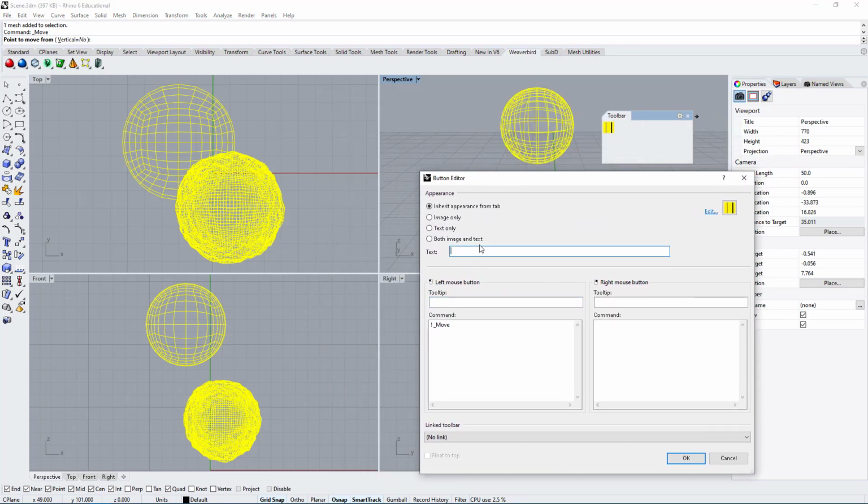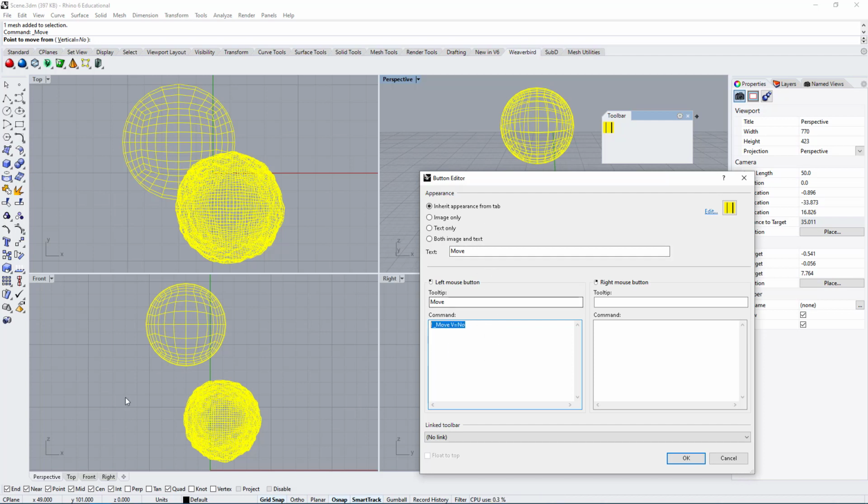Let's call this move. The tooltip will be called move. And now we can set the command v to be equal no. So let's do that. V equal n. Or you can type in no. Either way, you'll get the same result. But here we just created a space. So is this going to work? Honestly, I don't know. So there's a way to check that.